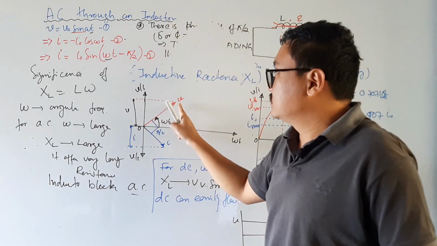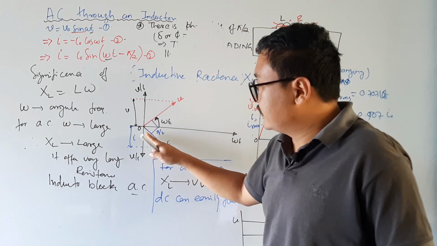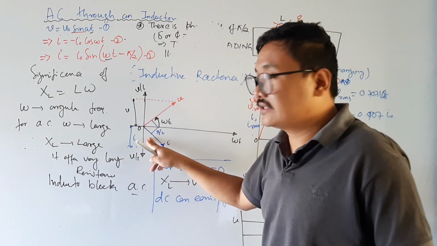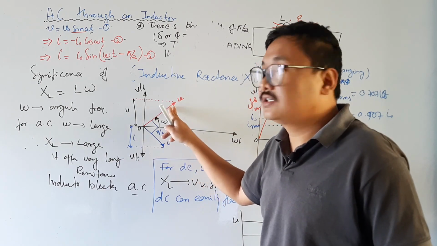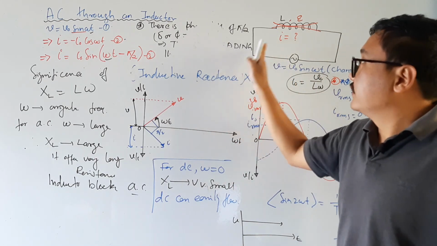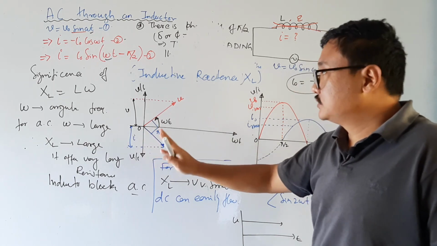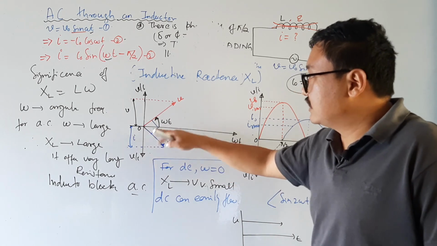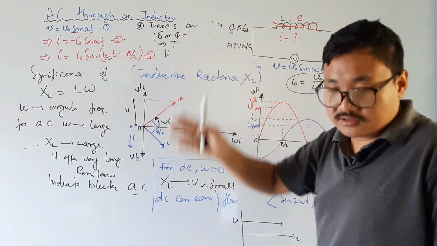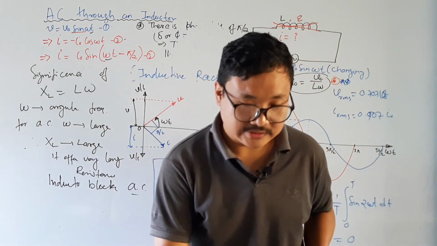Why? Because the voltage is here and the current is here. It means that the current is down, that is, the current is lagging by pi by 2. Current is behind the voltage. There is a competition of current and voltage here, and in inductor the voltage wins, the current lags. So the current is below this line. Therefore this must be the situation for inductor, because in inductor the voltage is ahead, the current is behind. With this we end this topic.